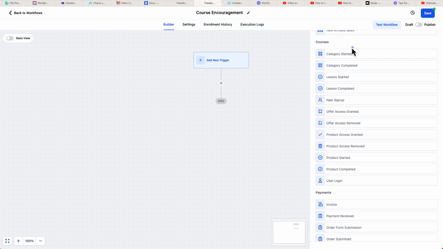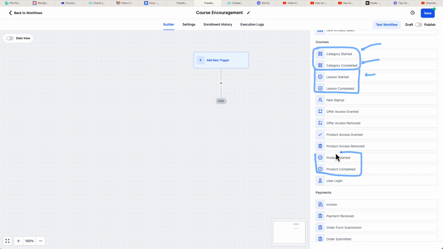So here's a few different options for you. Category, remember, categories are like chapters. So you can use those terms interchangeably. So we have several different pairs of automation triggers, depending on how you want to do this. So we could have a workflow that starts when somebody begins a chapter of lessons or a category of lessons or completes. Then we can move on into lessons. So when they start or finish a specific lesson,